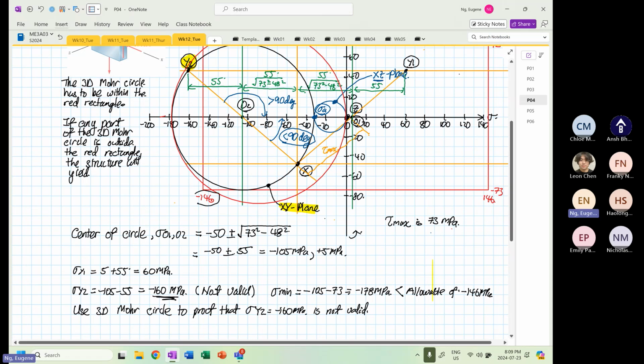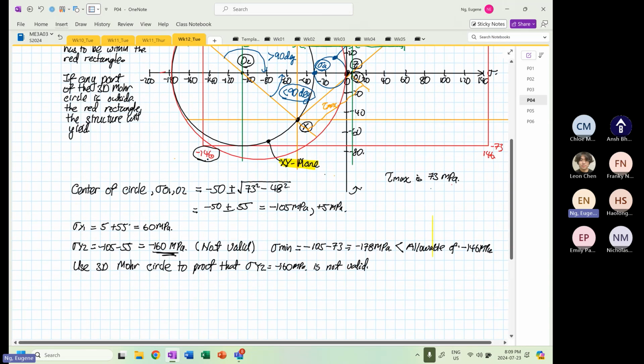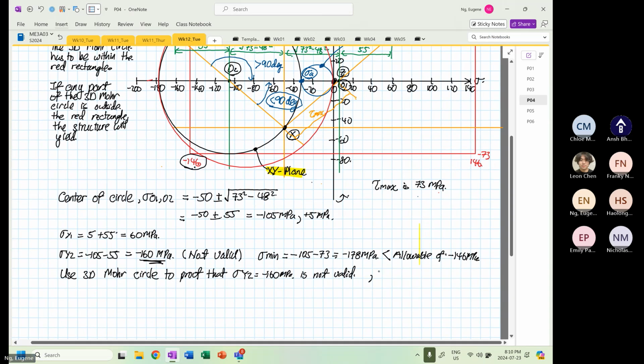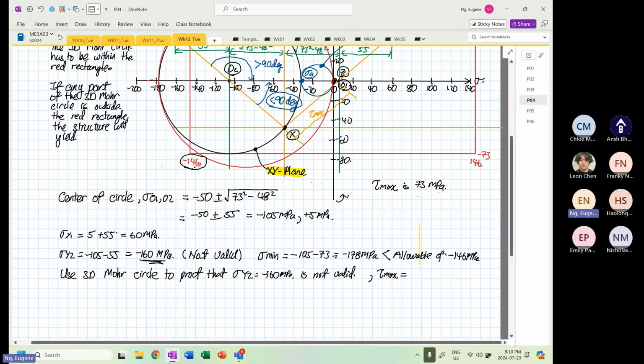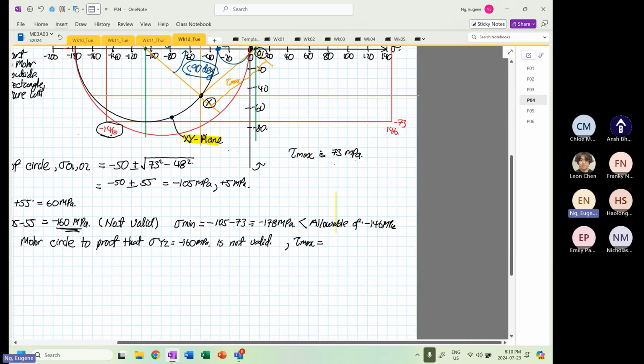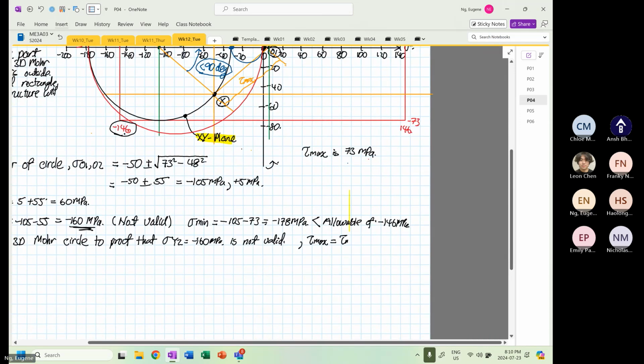Because this is at 146. And then why is this not possible? Why is this answer not possible? Another reason is, if we were to look at the tau max, which is equal to the tau max in the YZ direction. Okay, tau max in the